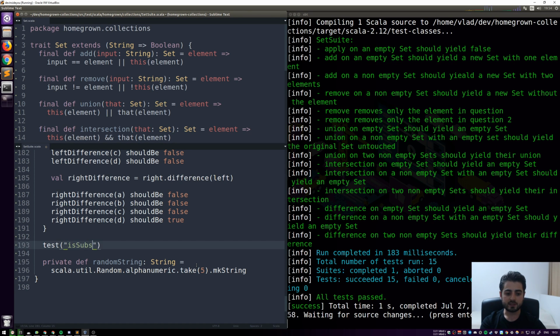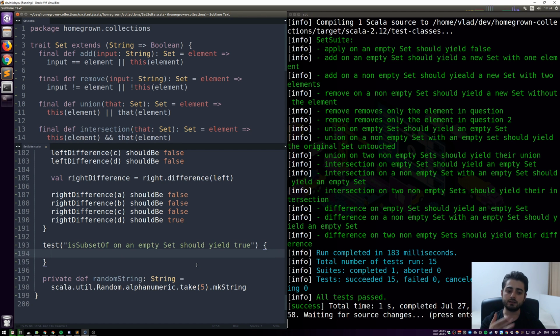So what we're going to do is the function is subset of, and when it is being called on an empty set, it should yield true, because an empty set is always a subset of every set, and also every set is a subset of itself. Right, so let's do set.empty is subset of set.empty